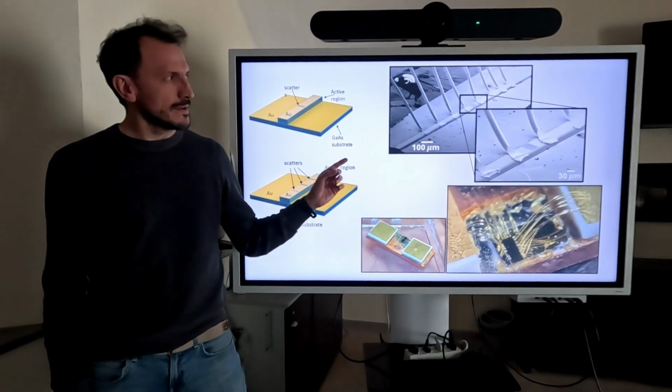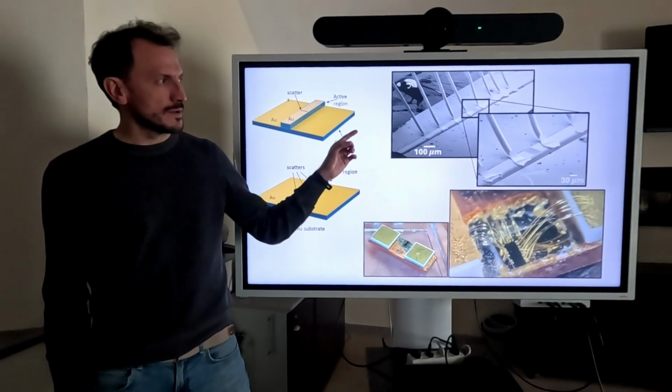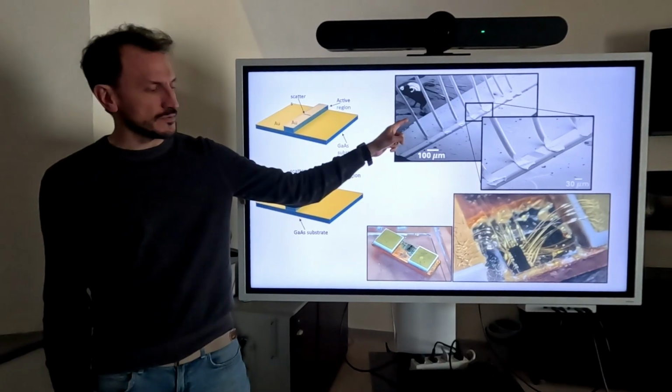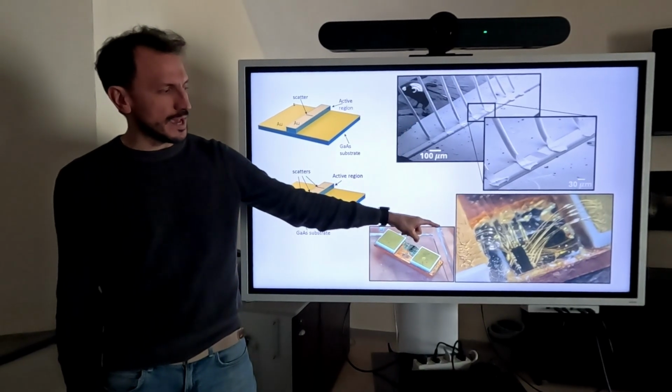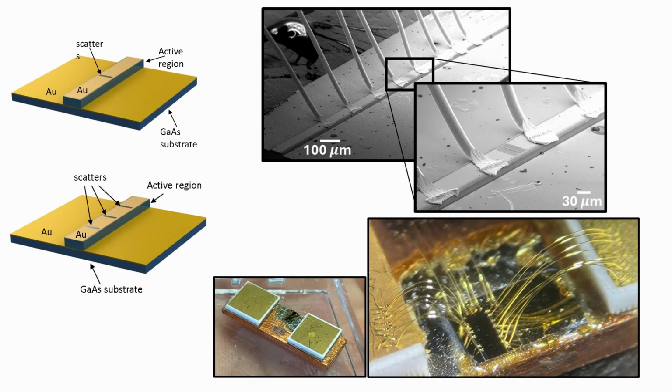Here we can see some images of our quantum cascade lasers. We can see images obtained with a scanning electron microscope and an image taken at the optical microscope. As we see, the number of modes can be changed in order to decide the output spectrum of the quantum